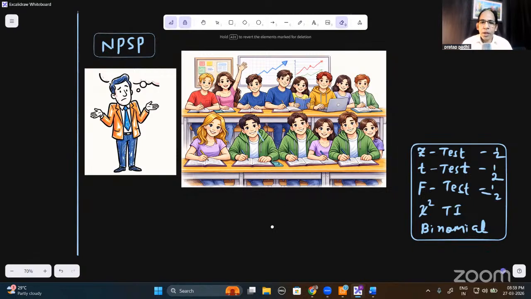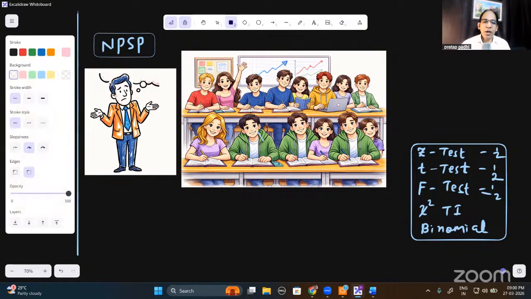Now the discrete part is over. Let's go to the continuous one. Can we apply a T distribution? Now we'll see whether we can apply a Z distribution or a T distribution. First of all, even if you go to the principal, if he gives information about the IQ of the students of the whole school, then only you can go for a Z test. Otherwise, you can't because you need sigma, the standard deviation.